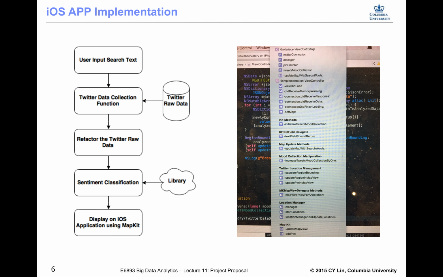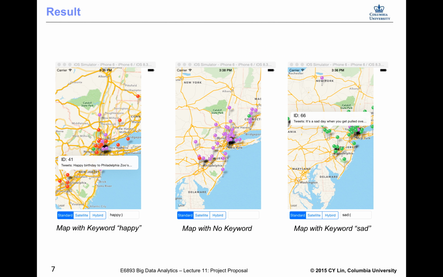After getting the classification result back, we have tweets tagged with their ID and whether they are positive, negative, or neutral. Finally, we display this result on the iOS application using MapKit.